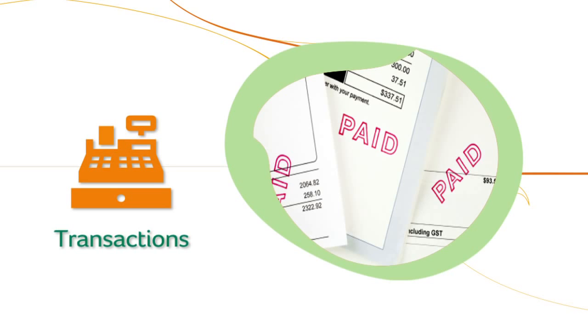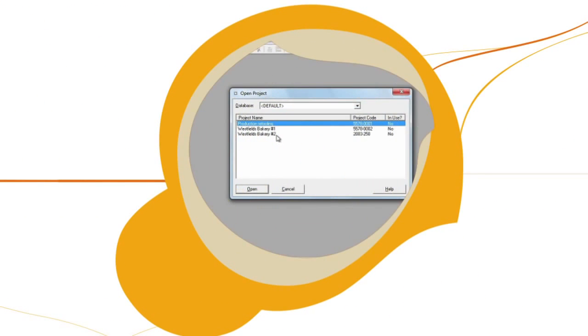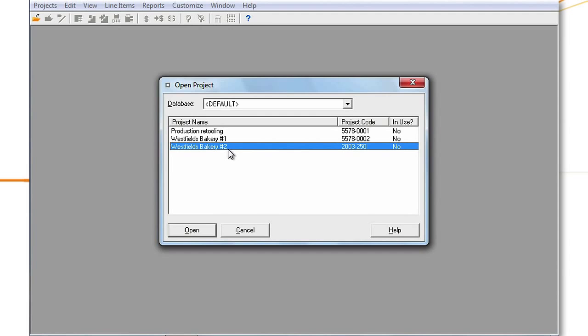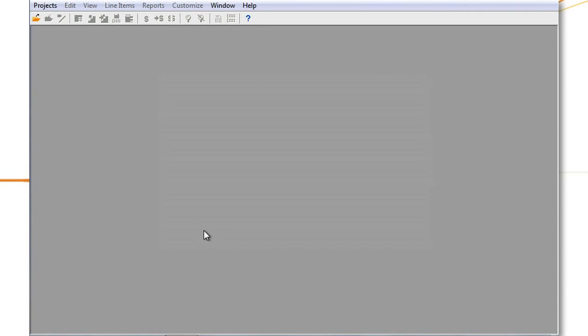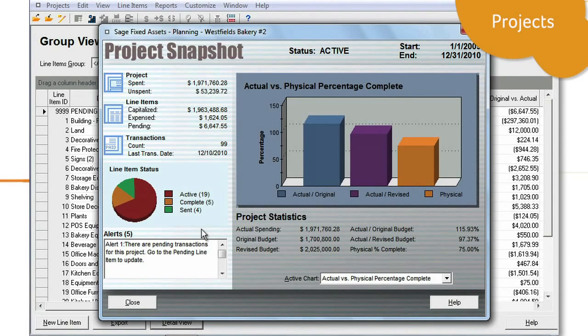You can customize each project to reflect the way your company does business. You can track as few or as many projects as necessary. The Project Snapshot provides an overview of the status of each project, including the start and end dates, and a